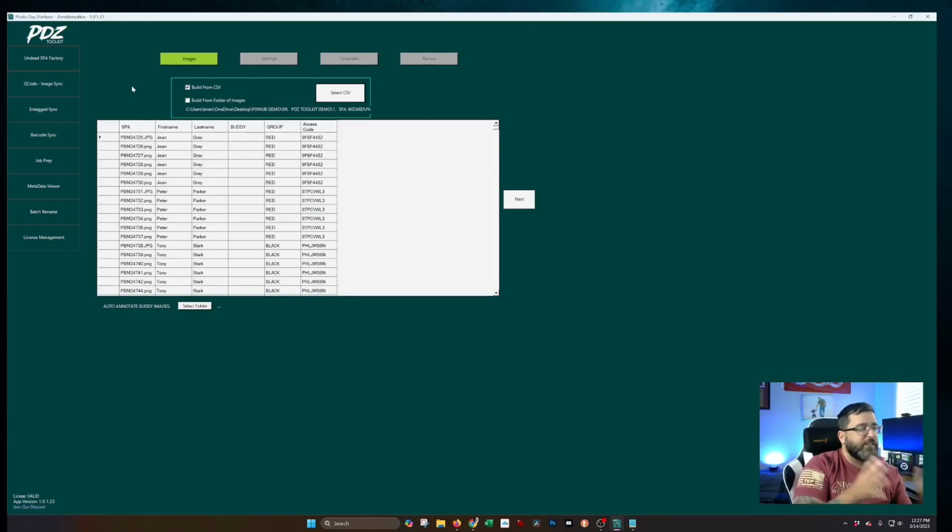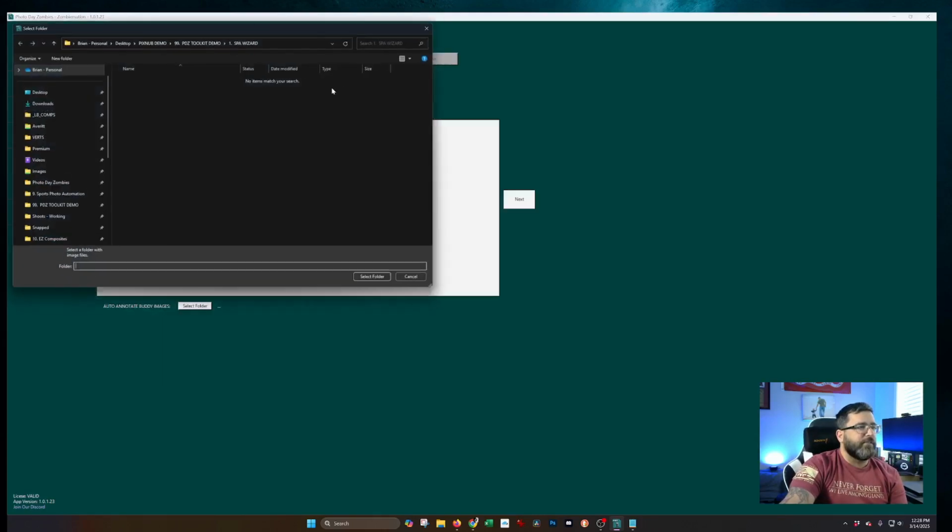So you've got headshots in one folder, kneeling in another folder, and standing in another folder, and he'll tell me, hey, I need these images run on this template, these images run on this template, and these images run on these 3 templates, right? And so from here, all I need to do is select from the folder of images,